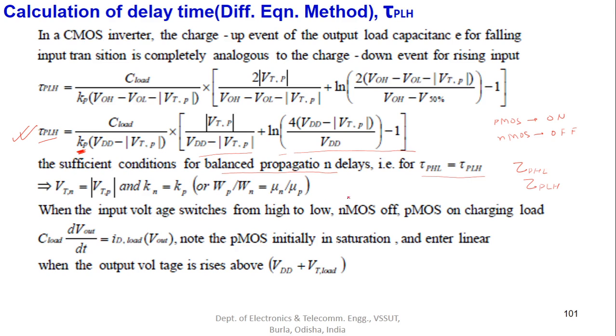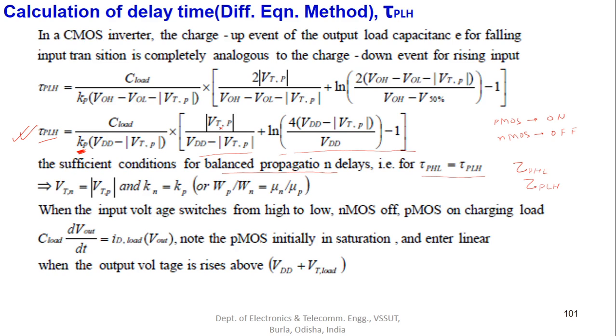If you compare the equations for tau PLH and tau PHL, they are similar to each other. So very straightforwardly we can say that under some conditions the value of tau PHL will be equal to